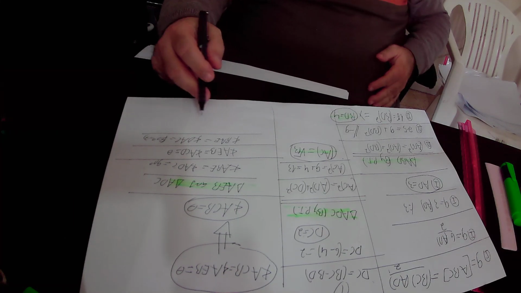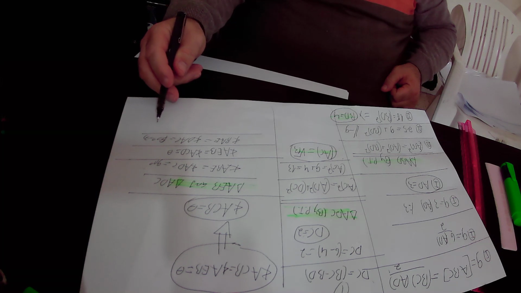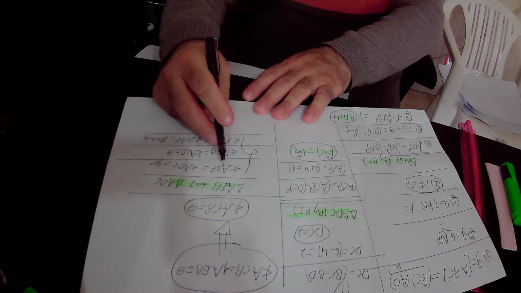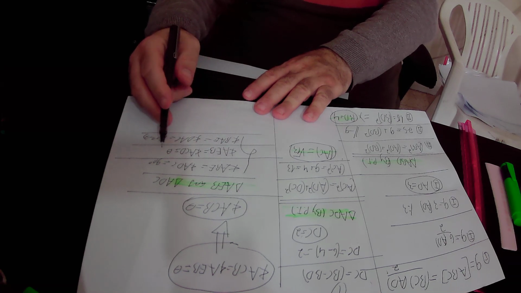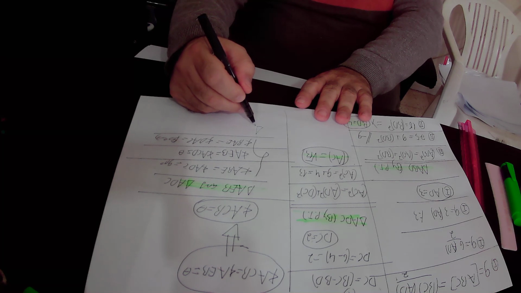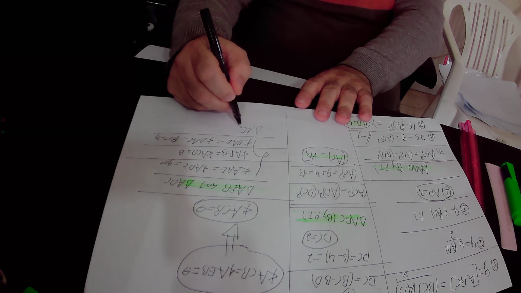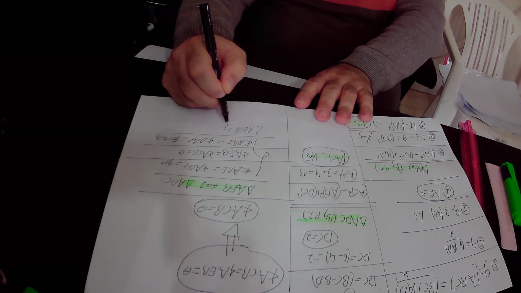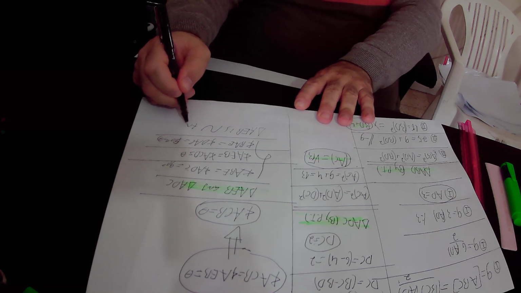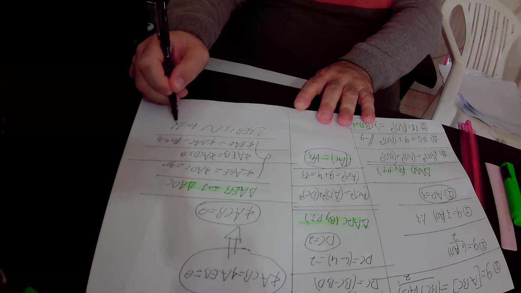Angle BAE equals angle DAC, they are both equal to 90 degrees minus theta. So we actually proved that all the angles of triangle AEB are equal to the angles of triangle ADC. Therefore, we proved that triangle AEB is similar to triangle ADC